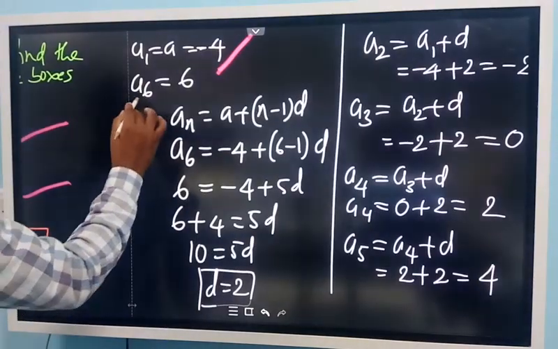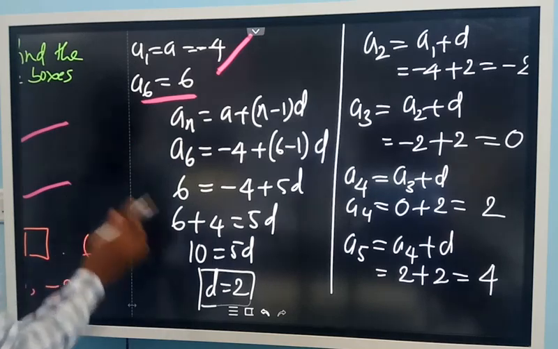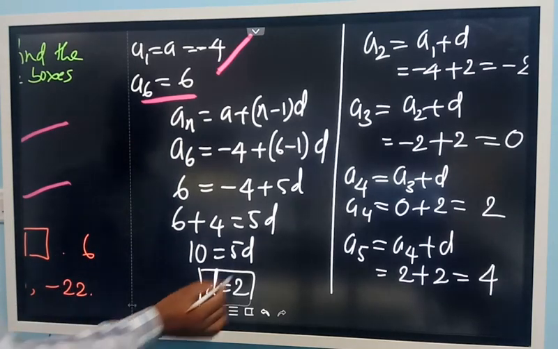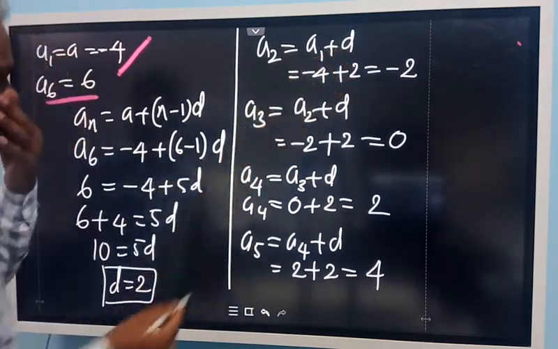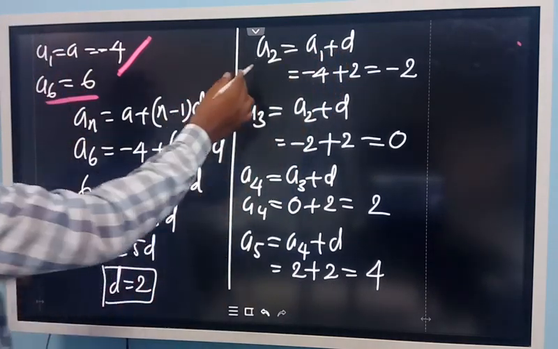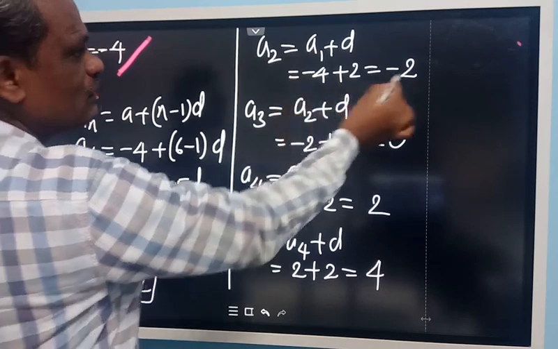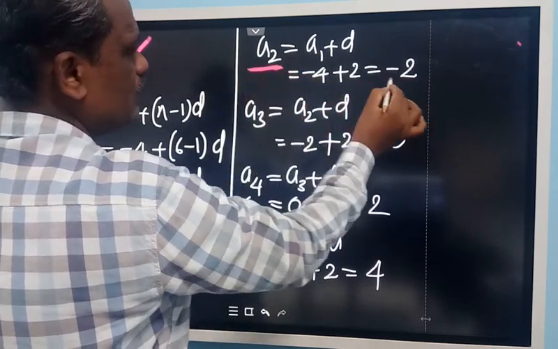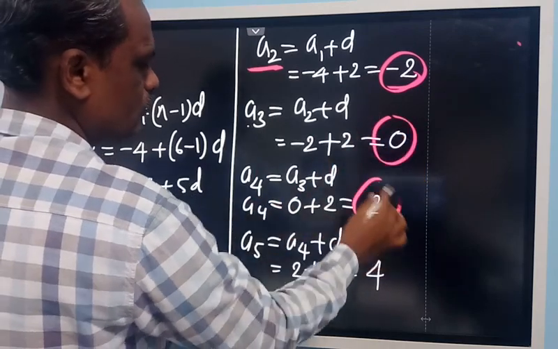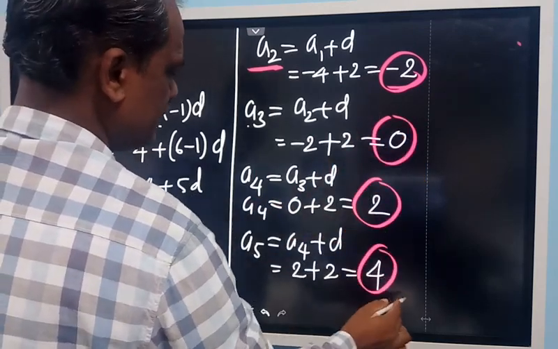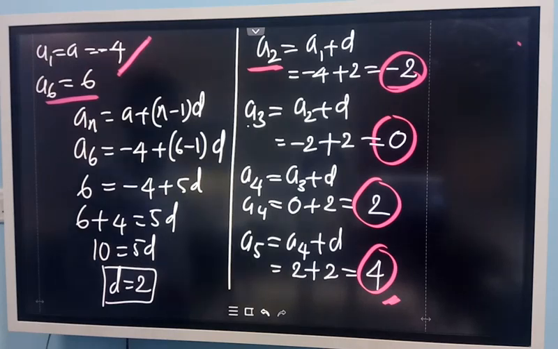So we got the first term minus 4, which is given. The sixth term is given, it is 6. Using this we found the common difference D. Once you know the common difference, add D to the preceding term. For the second term, the preceding term is A1. So you will get A2 is minus 2, A3 is 0, A4 is 2 and A5 is 4. So like this you can find out